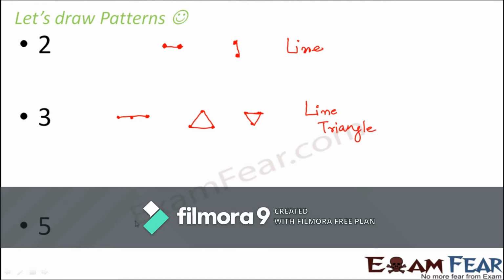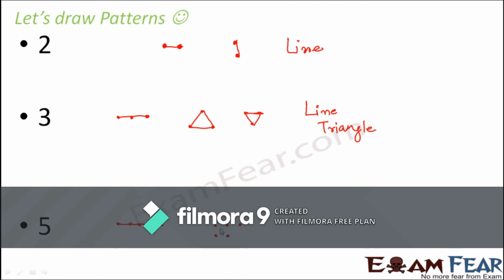Let's talk about 5. Now 5 can be represented as a straight line with 5 dots lying straight. Are there any other options for 5? Do you want to try making a triangle? A triangle can be formed only if you make dots like this. In the first line you have 3 dots, in the second line you have 2 dots, and then you should have 1 more dot. Only then you will make a triangle.